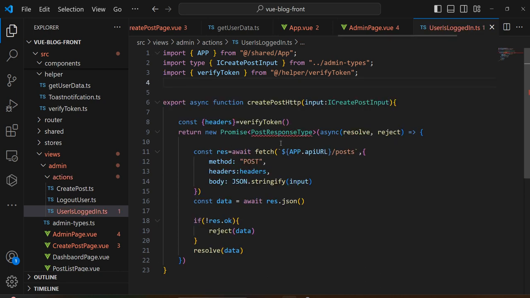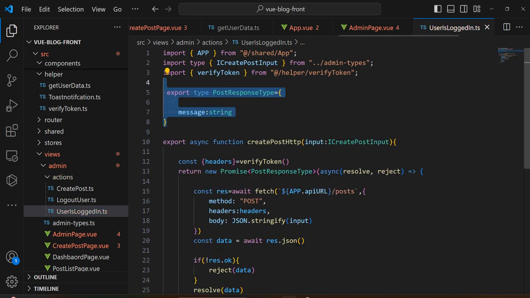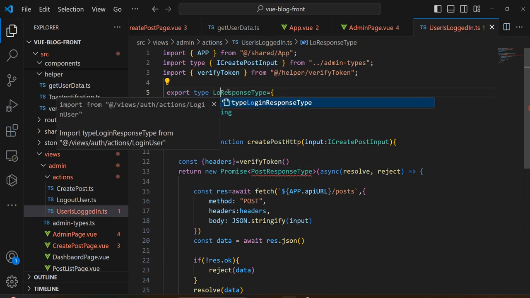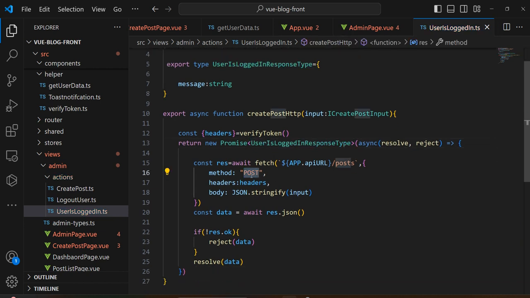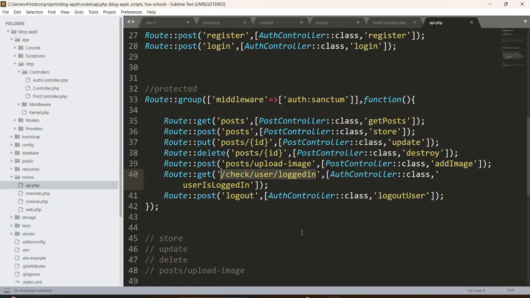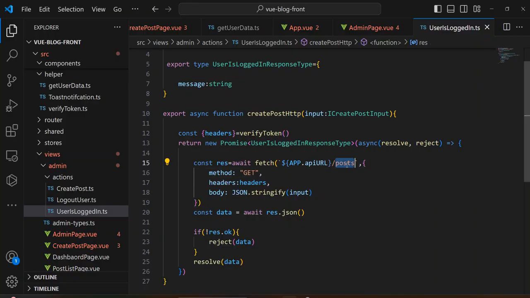And then I'm gonna say that this is, I'm gonna type it, I'm gonna say user is logged in response type. I'm gonna pass it, and then here we're gonna hit the get endpoint. Let me copy this check user logged in endpoint here. Let me paste it right there, and then here we're gonna send the token,